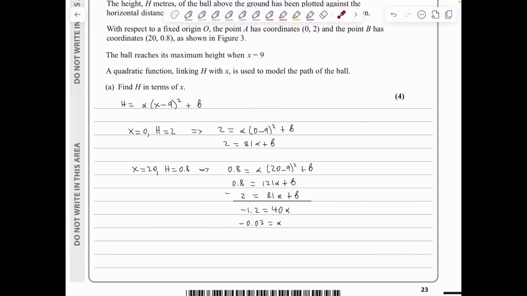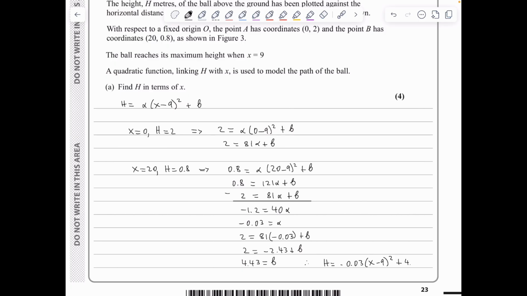And then I need to proceed to find the value of beta. So we know that 2 is 81 alpha plus beta. So 2 is equal to 81 times the negative 0.03 plus beta, taking me to 2 is equal to minus 2.43 plus beta, and therefore 4.43 is the value of beta. And to claim all marks, I need to state the equation of the model with alpha and beta being substituted with the values we just obtained, and therefore we conclude that capital H is negative 0.03 (x minus 9) squared